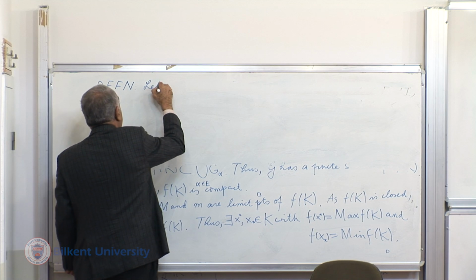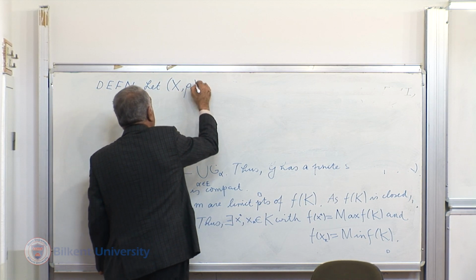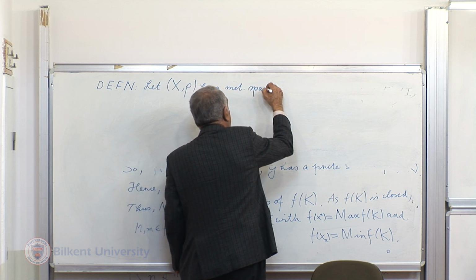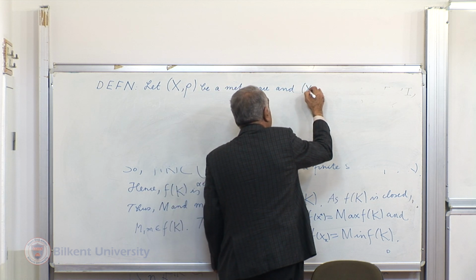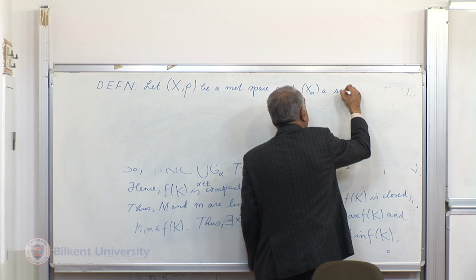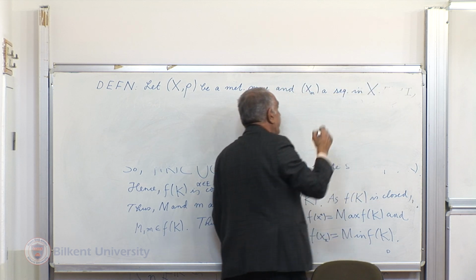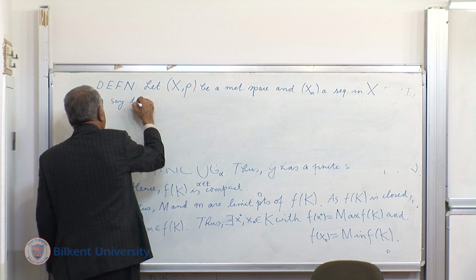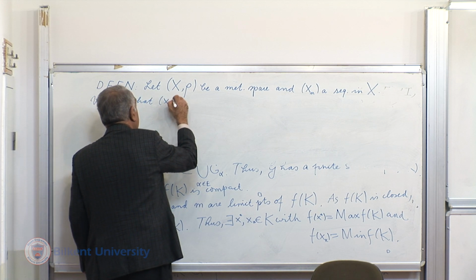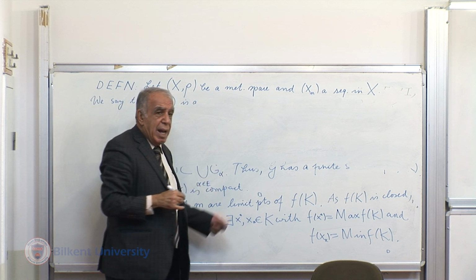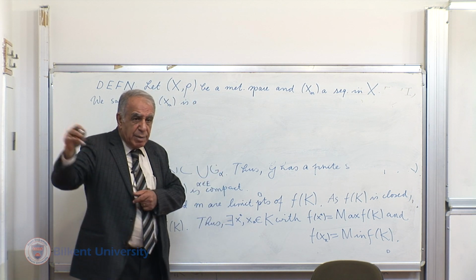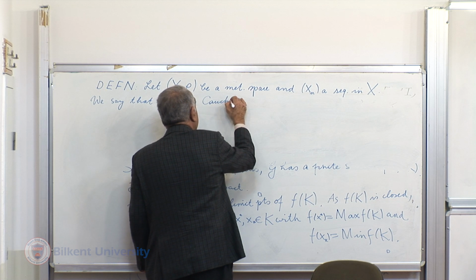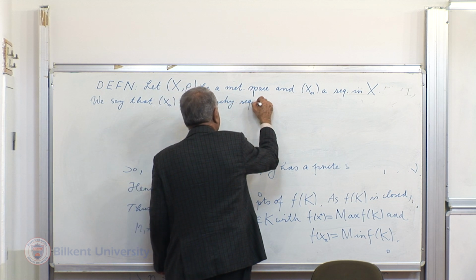Now let (X, rho) be a metric space and (x_n) a sequence in X. Now we say that (x_n) is a, well, sometimes it's referred to as a fundamental sequence as well, in different textbooks. So (x_n) is a Cauchy sequence if